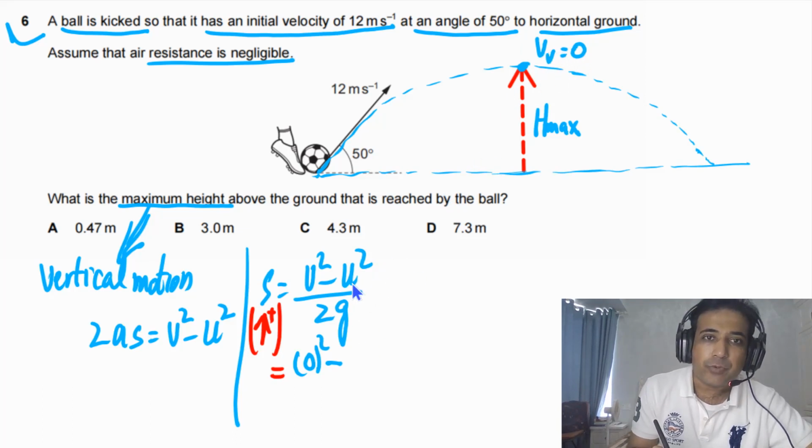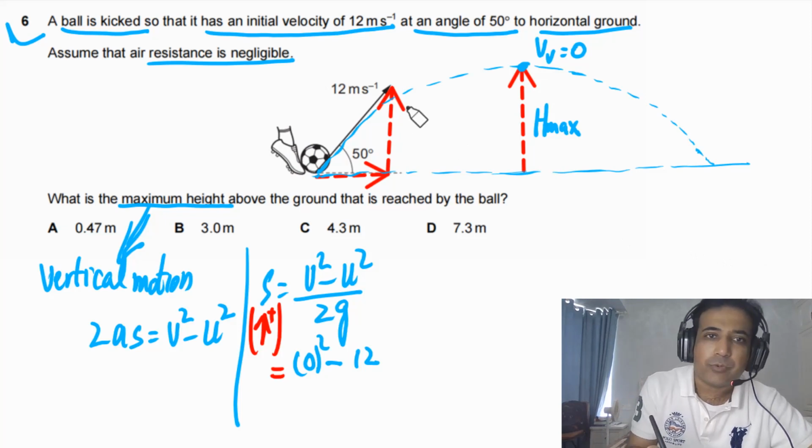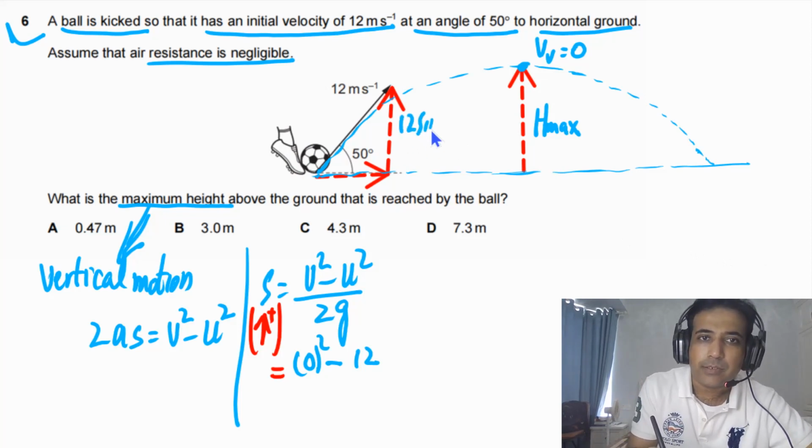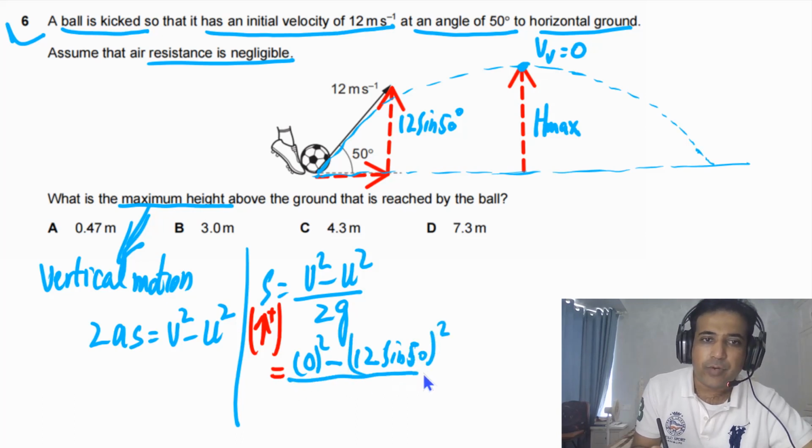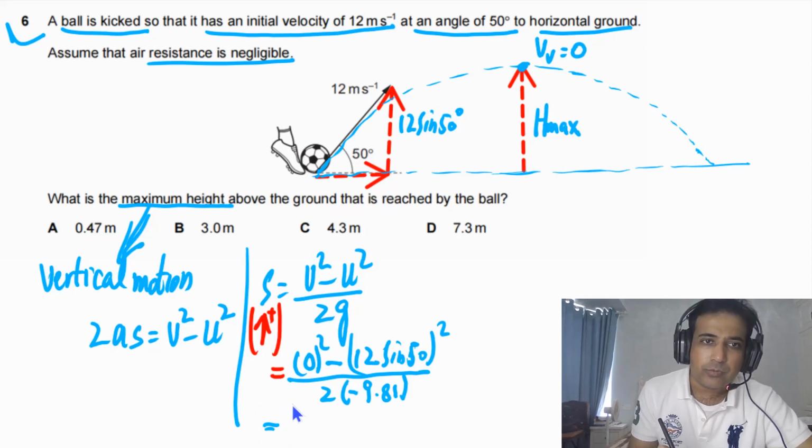The initial velocity is 12, and the vertical component is this one, while this one is the horizontal component. The vertical component we can write down as 12 sine of 50 degrees. So we have (12 sine 50 degrees) squared divided by 2 times minus 9.81, so this is negative. Now if we solve this one,